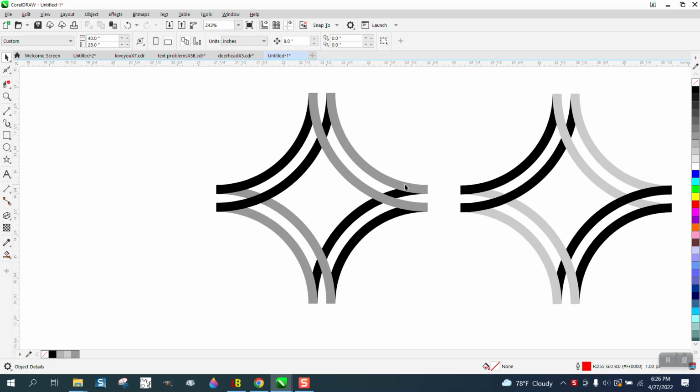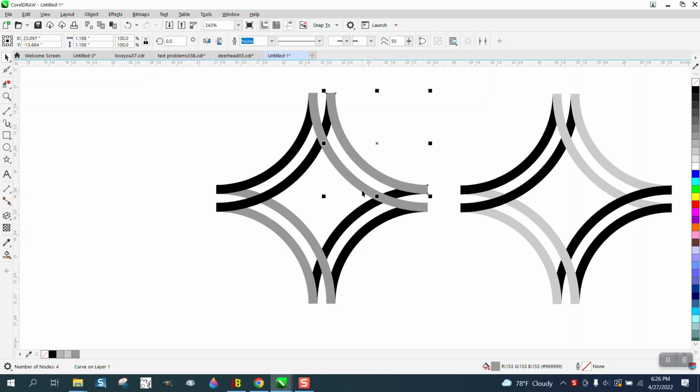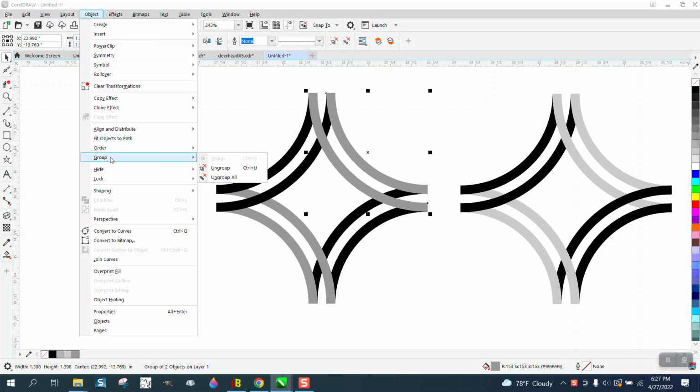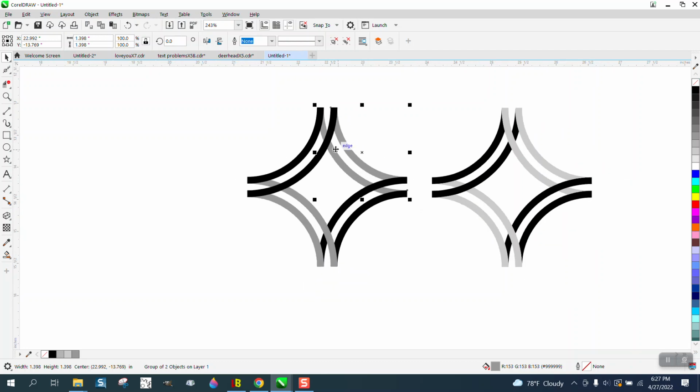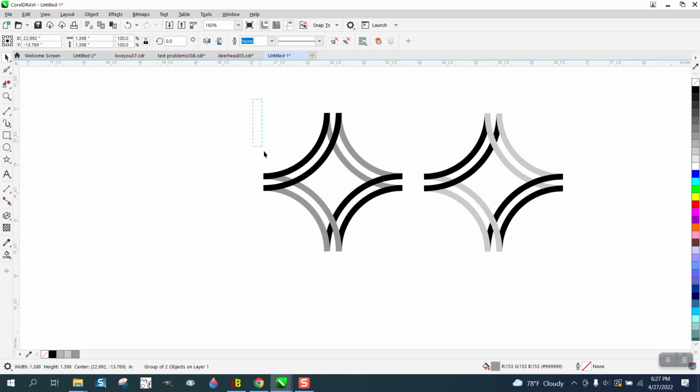So these need to be reversed, but when you reverse them, and for the one I'm doing it for after I was playing with your file, you need to group these together so when you change the color or change them, you don't have to click on both of them. But if we go to Order and put it to the back of the page, then the gray is behind on both sides. So the three of them are right, but whatever you do, I guess mathematically it just can't be done with this. So what you could do, and I've already done it just to make sure it would work,